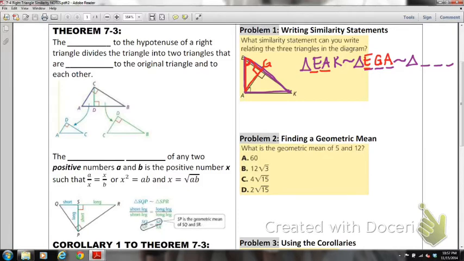So now let's look at the other triangle on the other side. Let's look at where the right angle is in that triangle. Once again, the right angle is at the G in that triangle. So we have to put it at the same place as the right angle in the other triangles, which is in the middle. It's where we had the right angle. So we're going to put